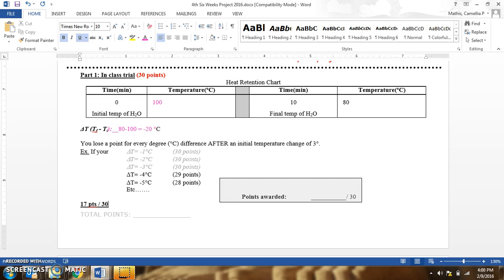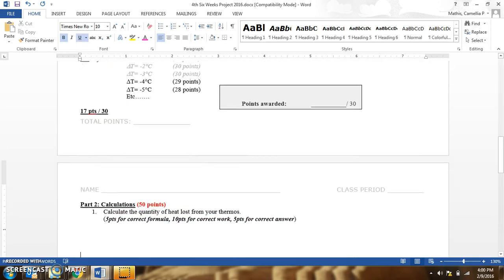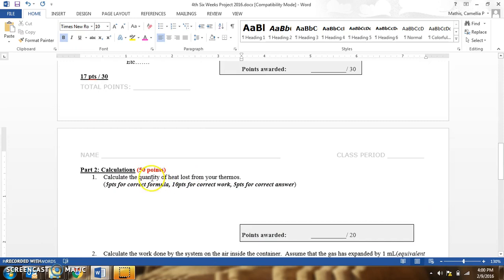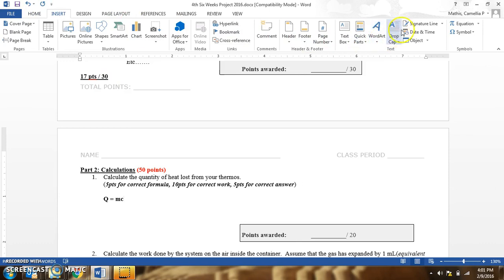So moving on to part 2, what we can do with those numbers would be to start off with calculating the quantity of heat lost from your thermos. If we can go back to the thermodynamics unit, we find that your equation for heat gained and heat loss is Q equals MC delta, let's find the delta symbol,